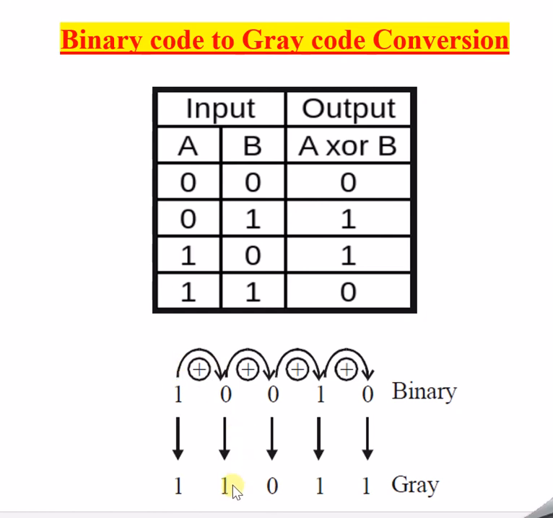Now in order to get the next number, just do 1 plus 0. Answer is 1. Next, 0 plus 0. Answer is 0. 0 plus 1 you have to do. It is a binary addition, right? So your answer is 1. 0 plus 1, see, 0, 1, truth table. Answer is 1. 1 plus 0, 1 plus 0. Answer is 1.